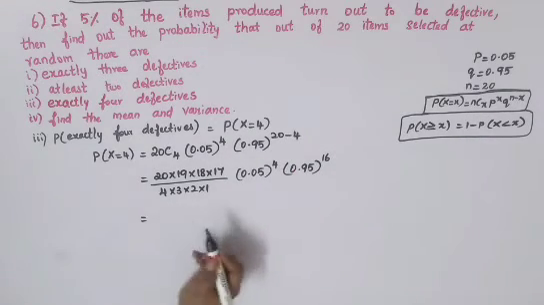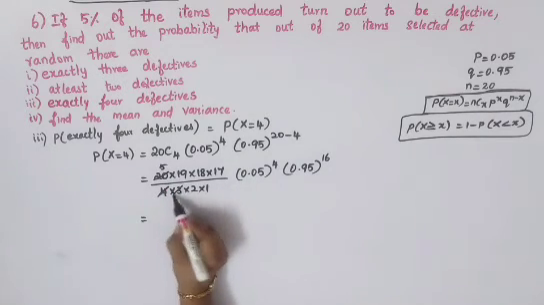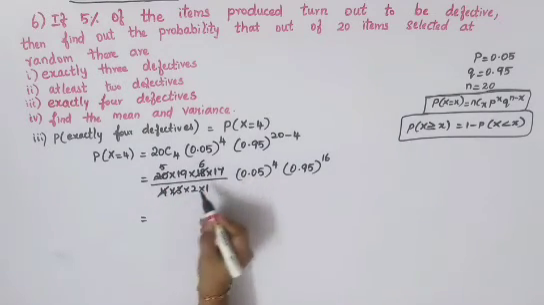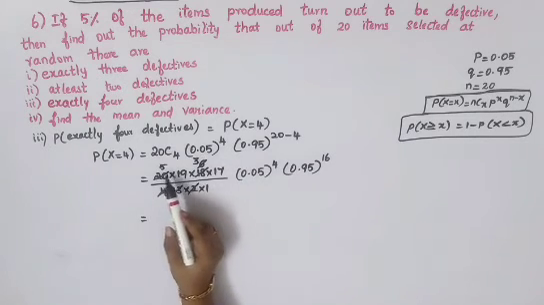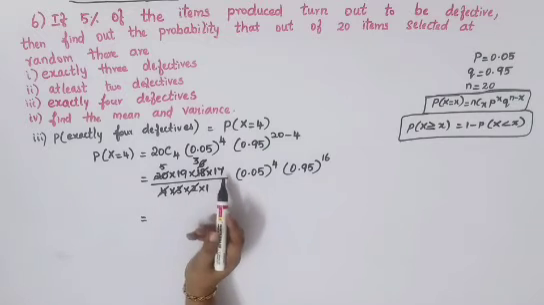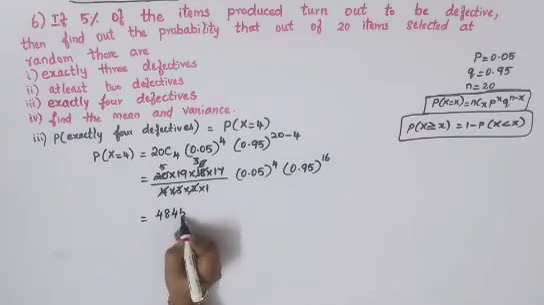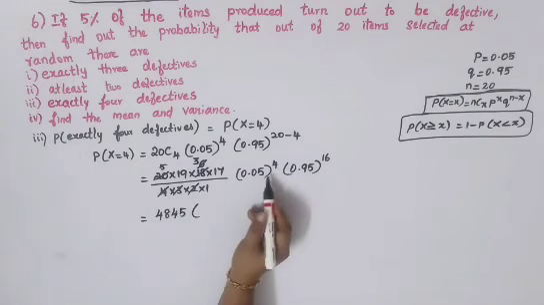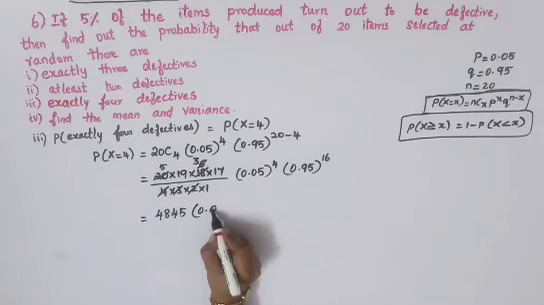So which is equal to, you can cancel this 4 and 20, you'll get 5 times. 3 and 18, you'll get 6 times. Again 2 and 6, it will go 3 times. So multiplying 5 into 19 into 3 into 17, you'll get it as 4845 into 0.05, the whole power 4. If you do with your calculation, your answer will be this